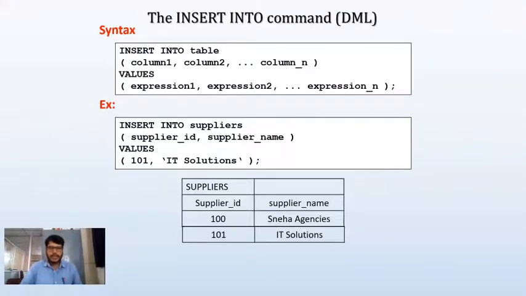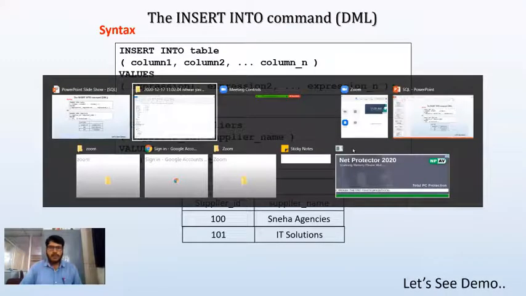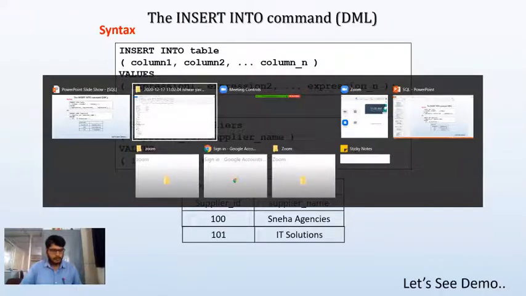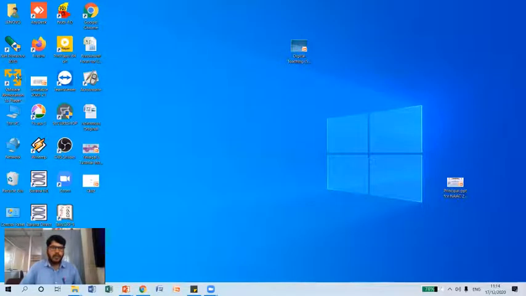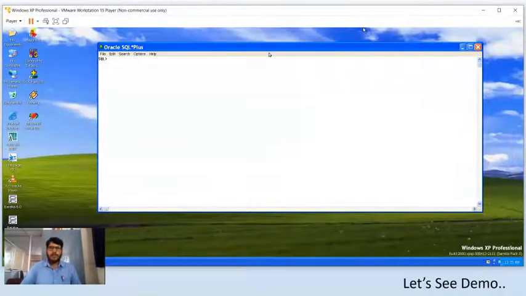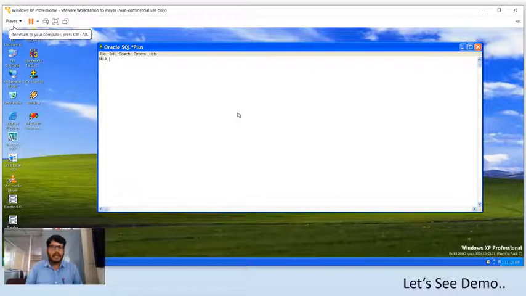So now let us see the demonstration. Let me open Oracle here. In the main examination, you will be getting a case study question. In a case study question, they are going to ask you to create certain tables, and after creating a table structure, you need to insert minimum 5 records in each table.